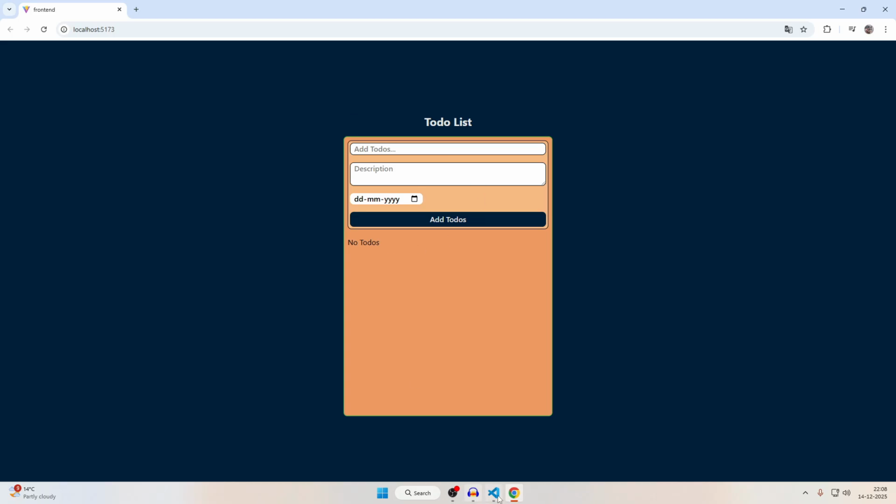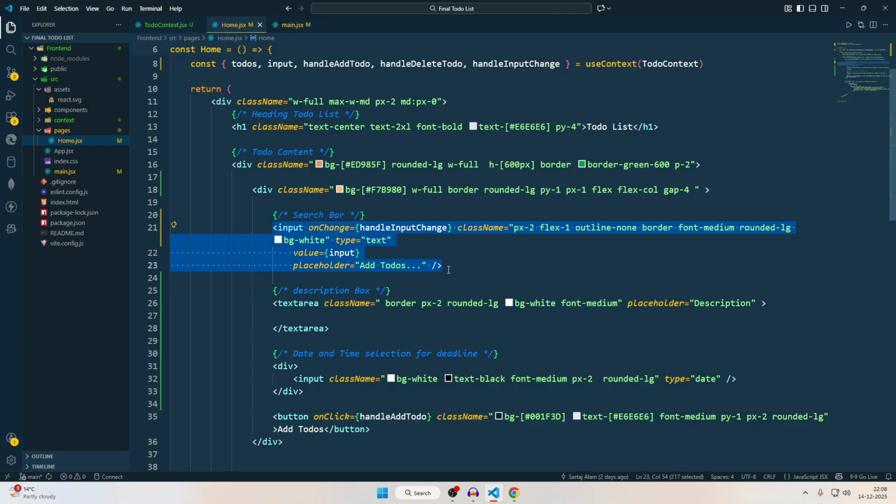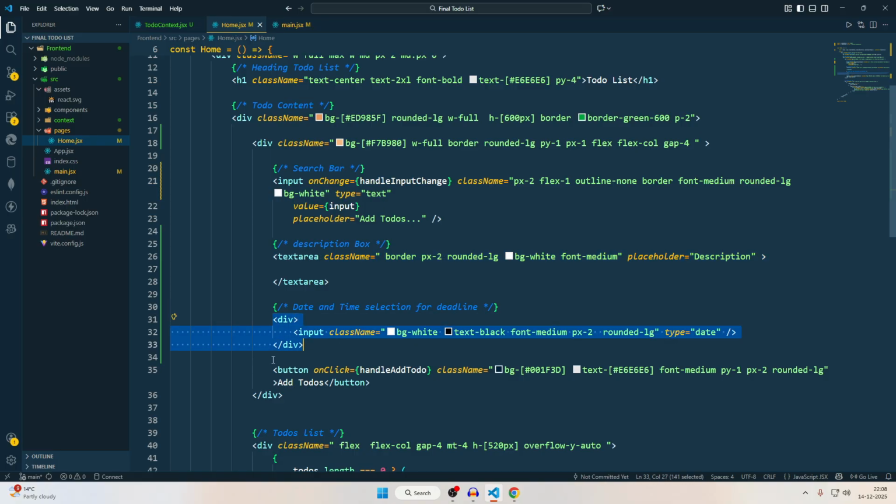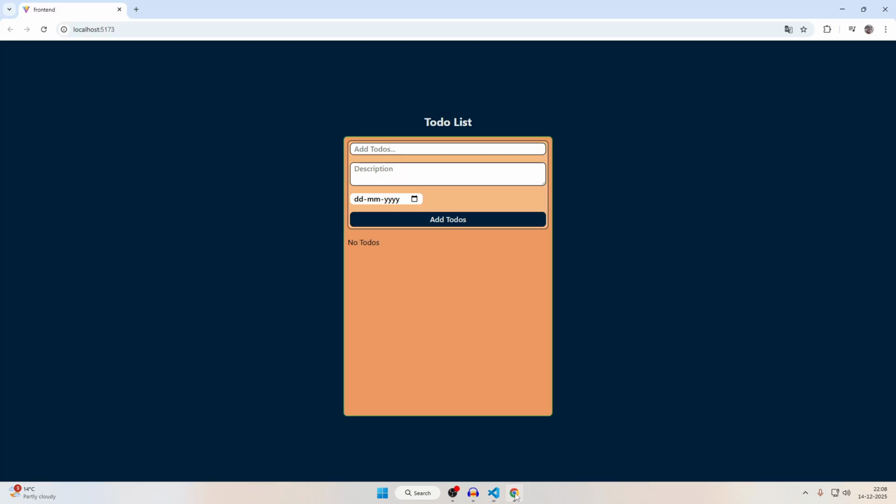And this is my UI, and this is the input field, and it will take the title, then a text area for taking the description, then date selection, and then a button for adding the todo to the backend data. I can add task 1 with a description, then I can add, not add, the task is added, but